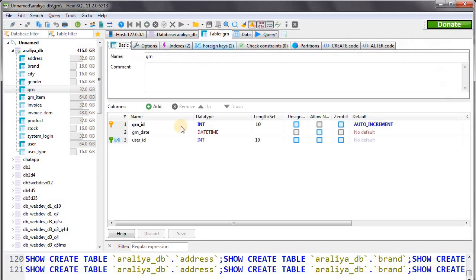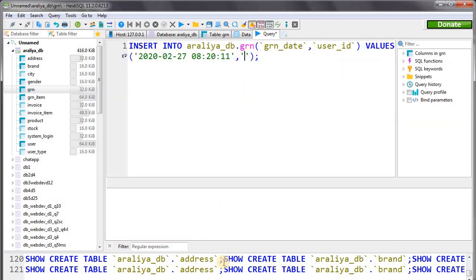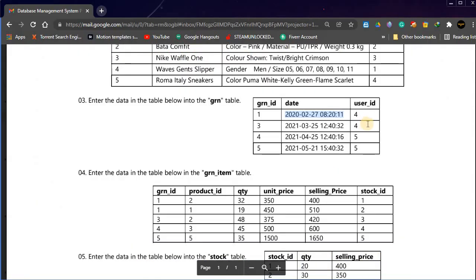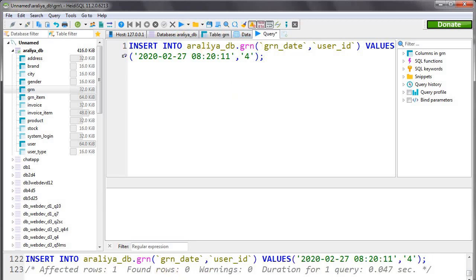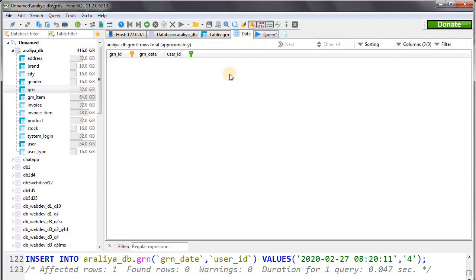So in the GRN table you can see the data type is date time. Okay, now user ID is 4. Okay, now let's check this query by executing this one. Here you can see the query executed without any errors. Now let's refresh this one.